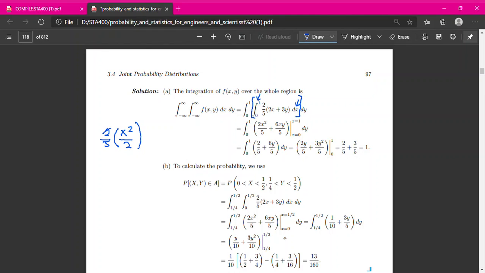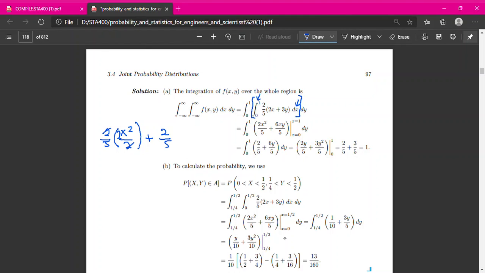Okay, so betul, kat sini ada 2 kat depan ni sepatutnya. Okay, 2 here. Okay, 2x square over 2. So because of that, you akan dapat 2x square divided by 5. Okay, you integratekan 2x, akan dapat 2x square over 2. Right. And then the next one, you integratekan, maksudnya kat sini, you integrate, okay, 2 over 5 buat keluar ke